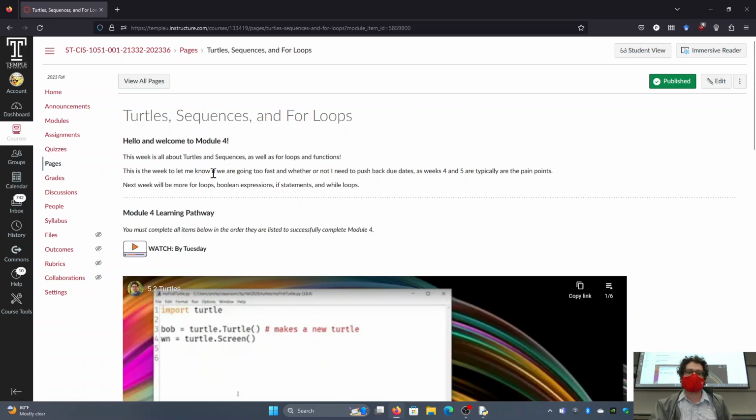this is the week to let me know if I'm going to be going too fast or too slow. It's also the week if you've fallen behind, this is when you need to tell me in order to get back on track to getting a really good grade on the course. It's not impossible to have had a lot of issues in the past couple weeks and completely recover and turn that around. It's just after that week, it becomes a matter of trying to help you make sure that you pass the course, right?